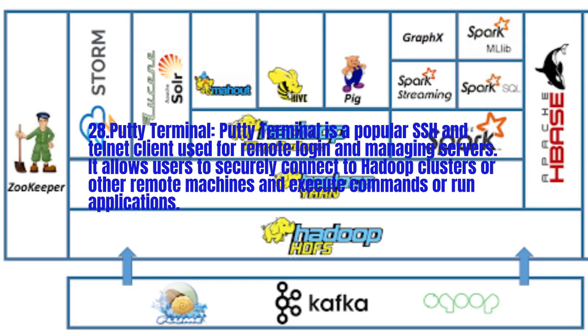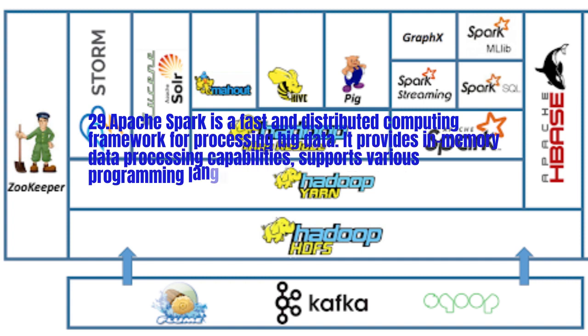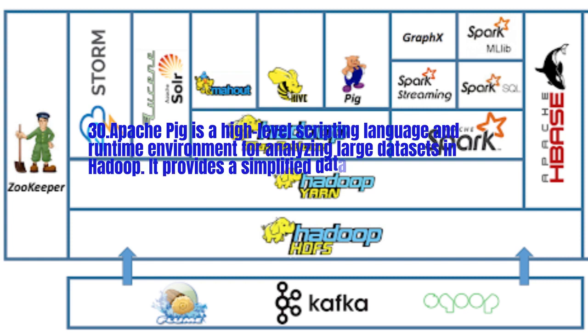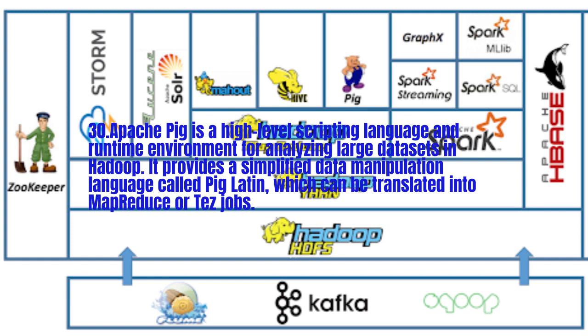Apache Spark. Apache Spark is a fast and distributed computing framework for processing big data. It provides in-memory data processing capabilities, supports various programming languages, and offers high-level APIs for batch processing, stream processing, machine learning, and graph processing. Apache Pig is a high-level scripting language and runtime environment for analyzing large